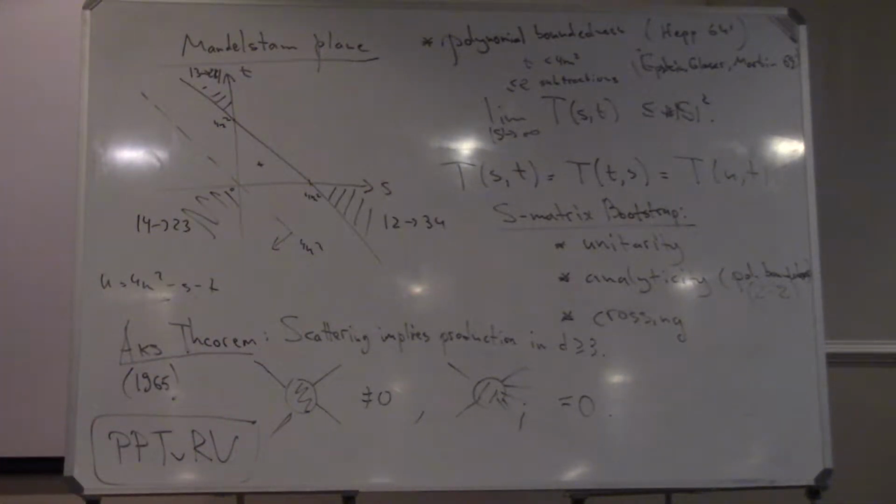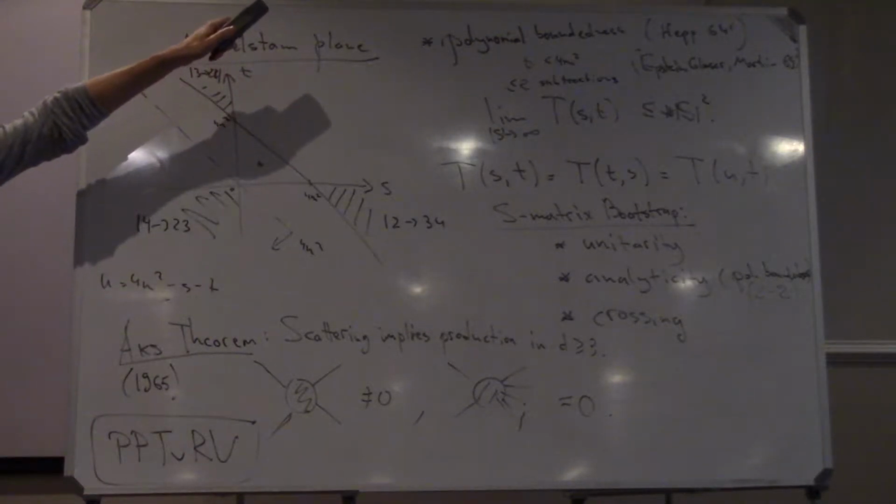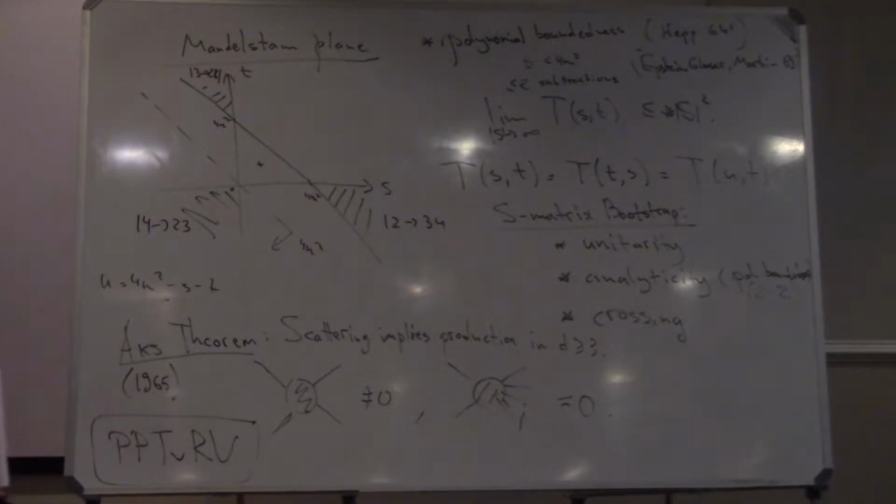Sorry, for which theory do they do this? For what theory? Just any, scattering implies production, any theory. So what they do numerically is generic? Yeah. They assume exactly what I said. They assume some QFT with a stable particle. There is an S matrix. It's unitary. It's analytic, and they bootstrap an S matrix. Okay, so there's no extra symmetry. No, there is nothing. What dimension are they in? 4. And well, the original proof by Aks is also 4-dimensional, but people were obsessed with QCD. It's also generic. So this numerical work is not for conformal theories. No, it's for a massive S matrix. Yes.